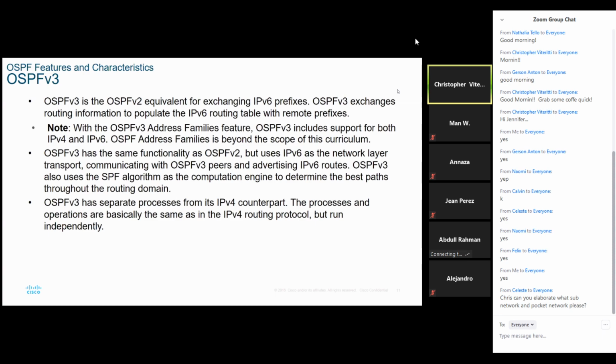So OSPFv3 has the same functionality as OSPFv2, but it uses IPv6 as the network layer transport, communicating with OSPFv3 peers and advertising IPv6 routes. OSPFv3 also uses the shortest path first algorithm, the Dijkstra algorithm, as the computation engine to determine the best paths throughout the routing domain. OSPFv3 has separate processes from its IPv4 counterpart. Processes and operations are basically the same as in the IPv4 routing protocol, but run independently. Now, what that means